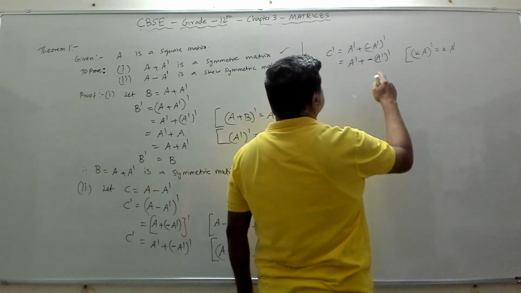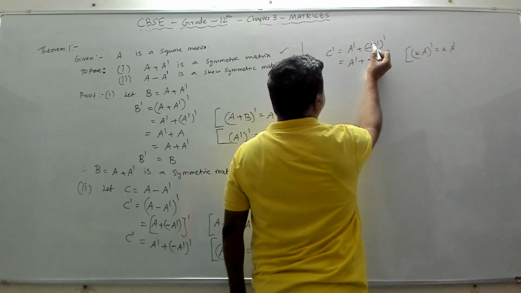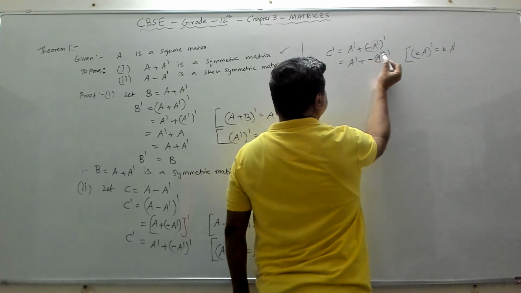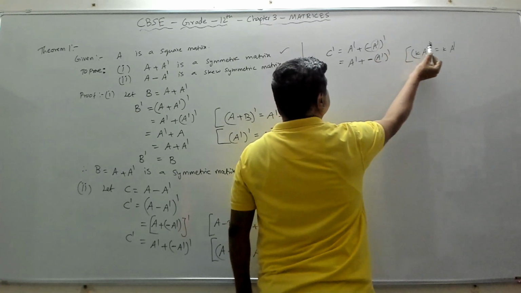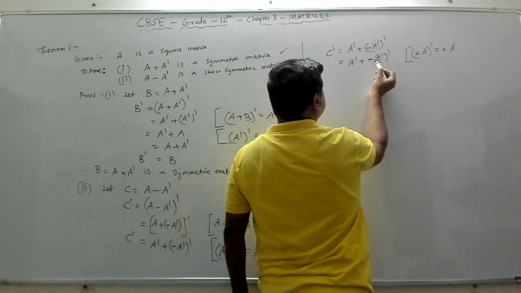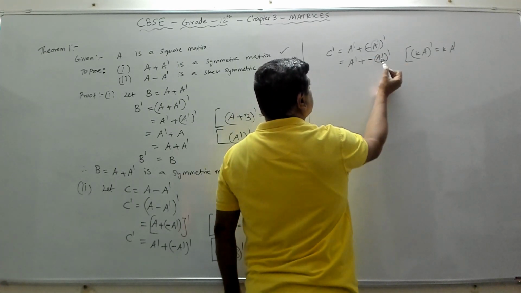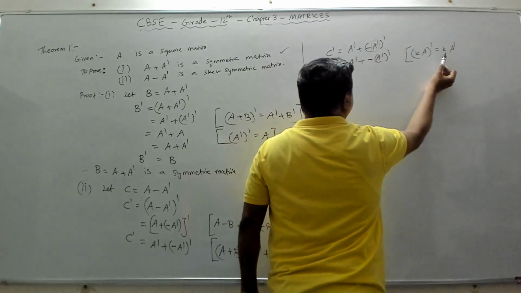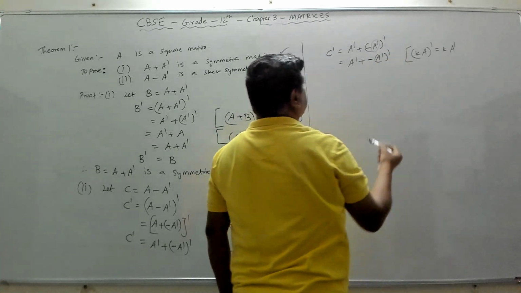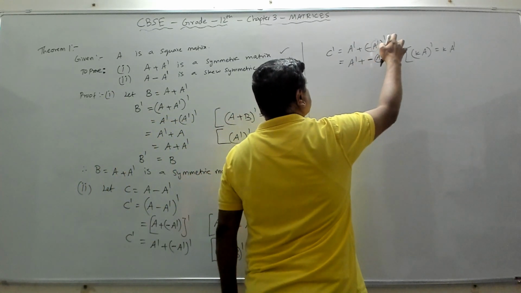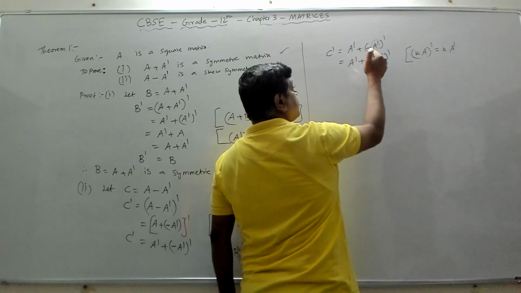Right? So you think of this whole thing as your A, and this minus 1 is your K, and this transpose is this transpose. So your minus will come out of this and this will become minus of A transpose. Which means if it is minus A transpose whole transpose, from this transpose you can take the minus out.